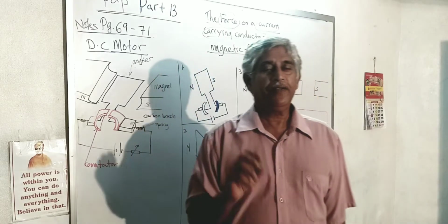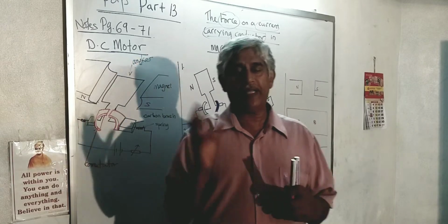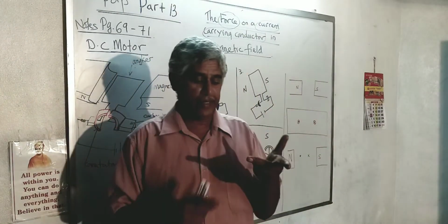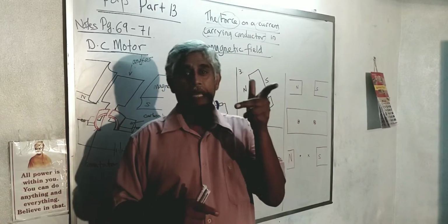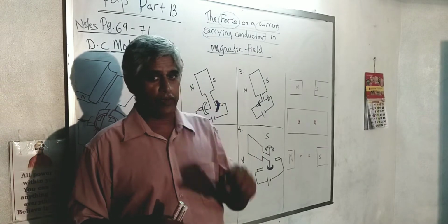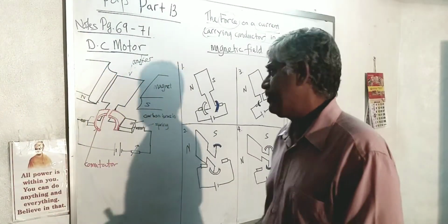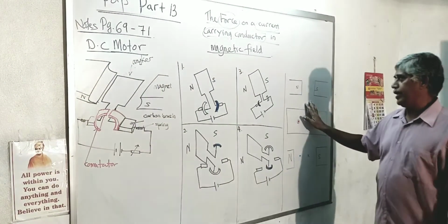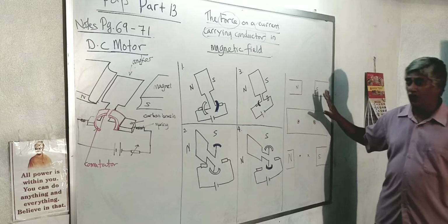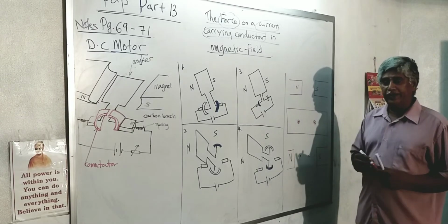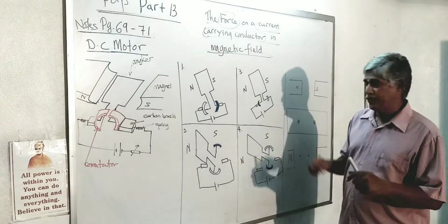Before that you have to know the basic things. The other day we were learning a very simple rule: a straight conductor carrying current in a magnetic field, the force takes place based on Fleming's left hand rule. Then after that I asked you to do a question at page 69, that is over here. If you look at the question, they ask you to draw the magnetic field over here. Have you done that? I hope you have done that. So now maybe you can check your working. In the notes itself you can draw the diagram.